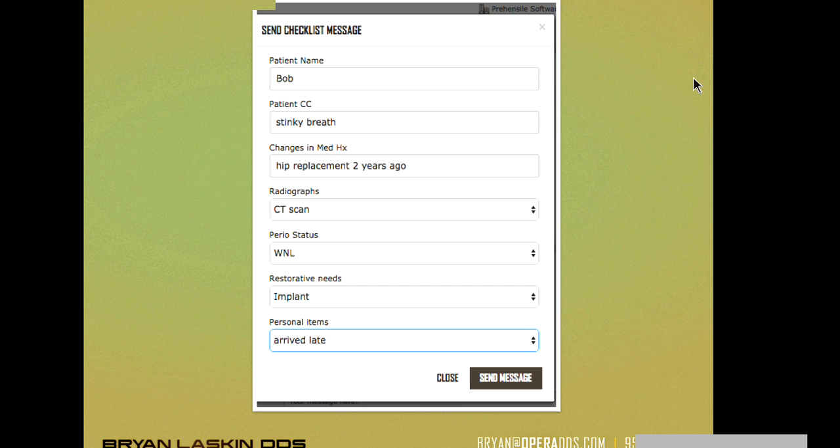So this is how we send the information in my office. Here's our checklist that comes through, just an example of one. We've got the patient's name, chief complaint, changes in medical history, what radiographs were taken, perio status, restorative needs that the auxiliary found, and any personal items. So I get this every time in this order, which really drastically improves the experience,